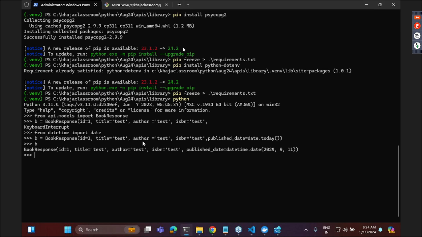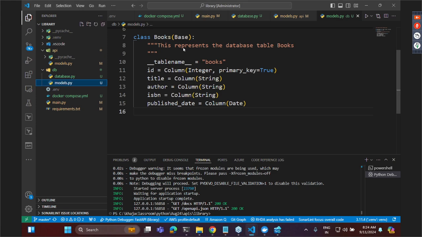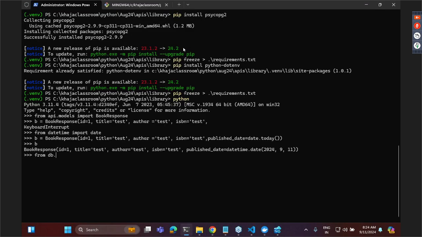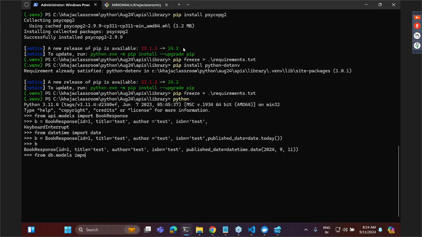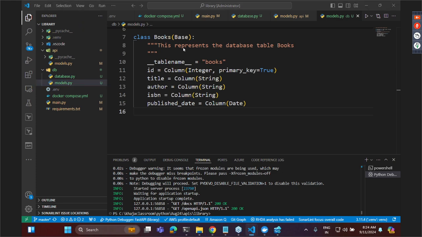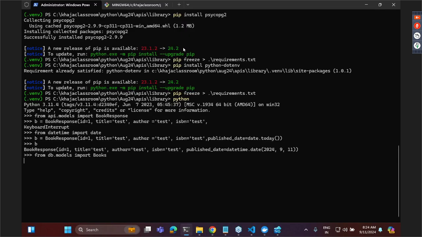Okay, so let me also try to do this. Now from database, or DB, yeah. So from DB dot models, import books. Now if I have to create a books class, what is it I need to do? I need to say that db_books is equal to